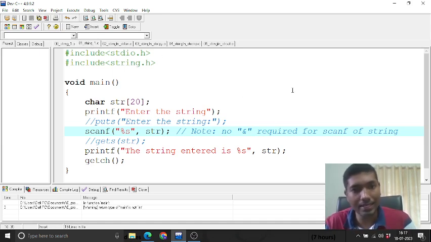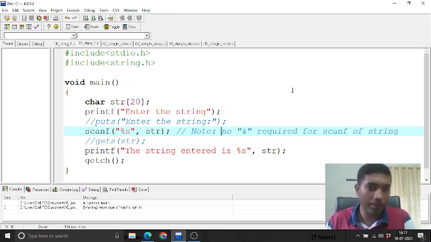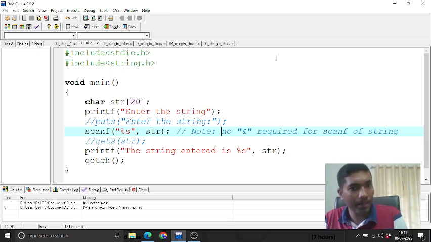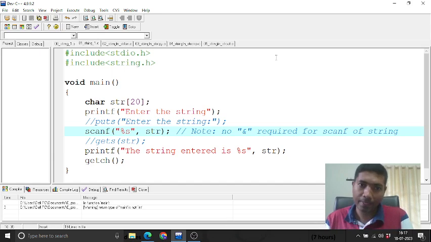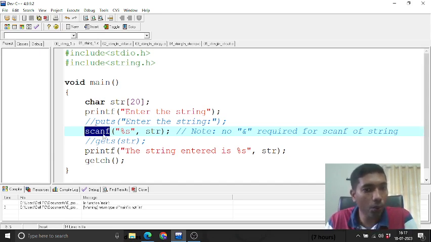Next, we'll see how to scan, or how to store, a particular string in some particular variable. We have already seen how to initialize it inside the program. Suppose we are asking for the data from the user, how do we store that in a particular variable? We already know that we need to use scanf to store the data in a particular variable. So if you look at this program,